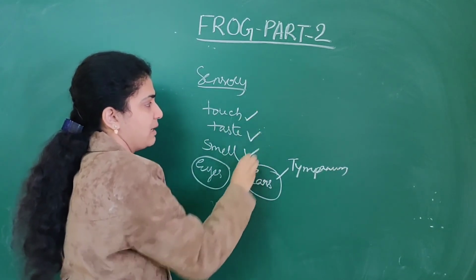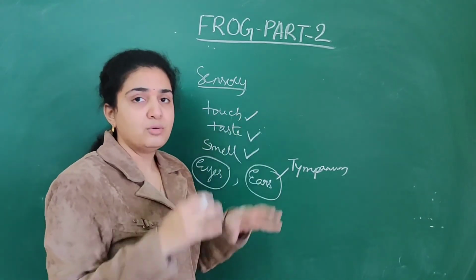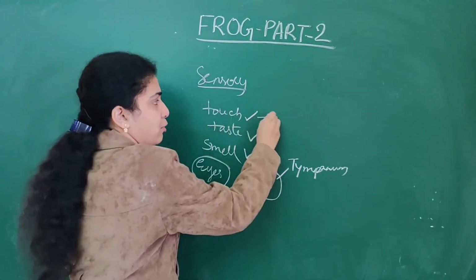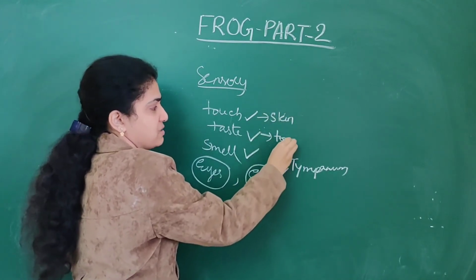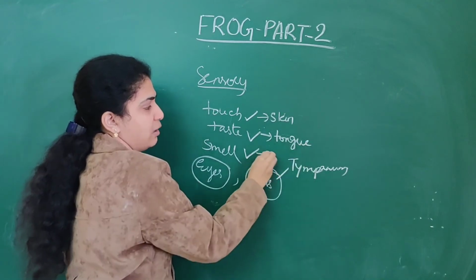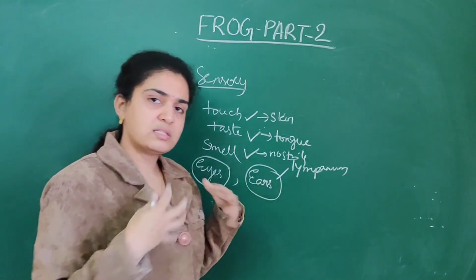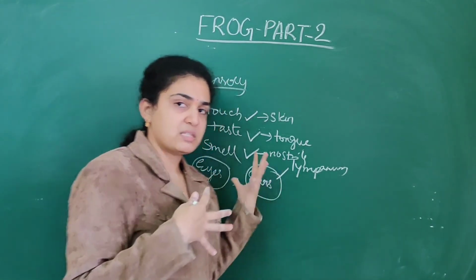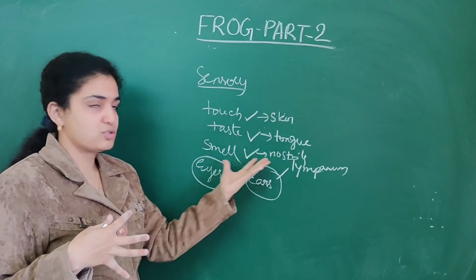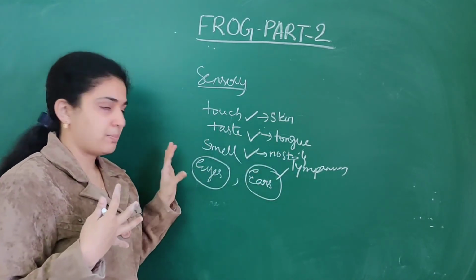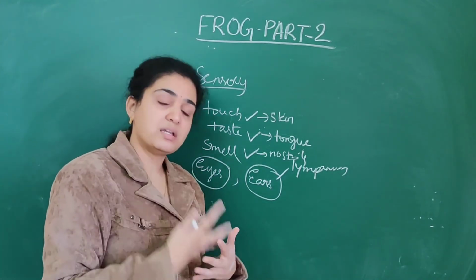Touch, taste, smell. Touch means skin plays a very important role in touch receptors. For taste, the tongue is present. For smell, nostrils are present. So the sensory organs are the same for human beings as well as frog. Touch is skin, taste is tongue, smell is through nostrils. Eyes are present for sensing the environment, and as we all have studied, it is